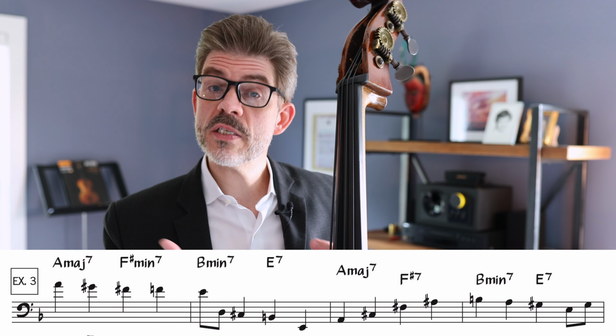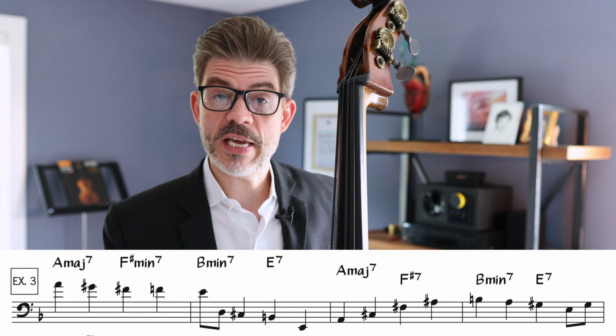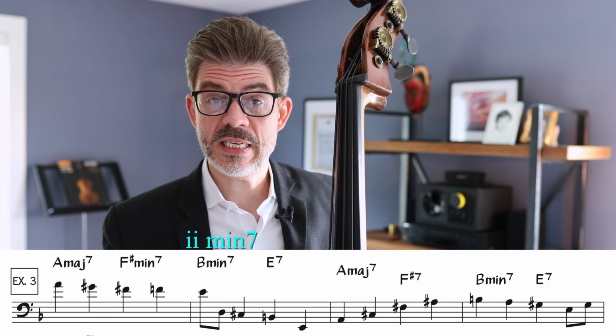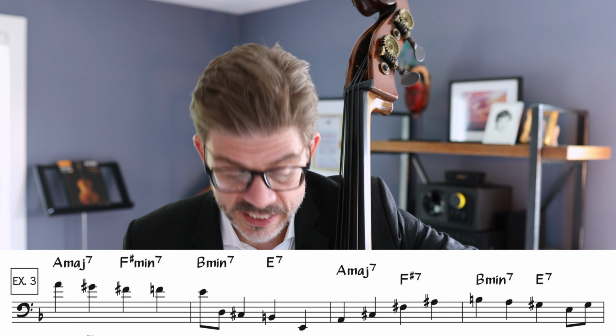of it sounding cool. And to that end, in the bridge of Moten Swing, it goes to A major, it changes keys to A major, modulates to A major. And the basic chords for the first part of the bridge are 1, 6, 2, 5 in A major. So A major 7, F sharp minor 7, B minor 7, E7. He plays, as is on the screen here,